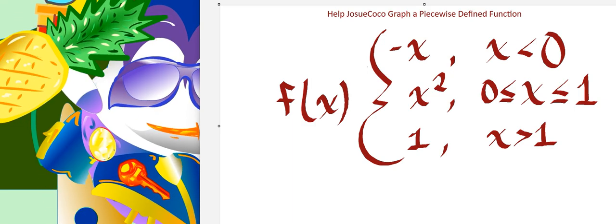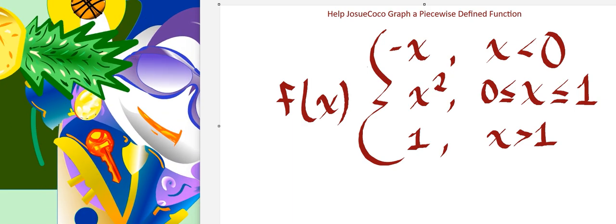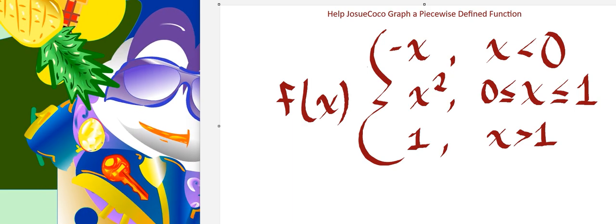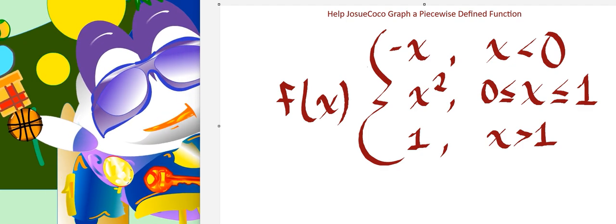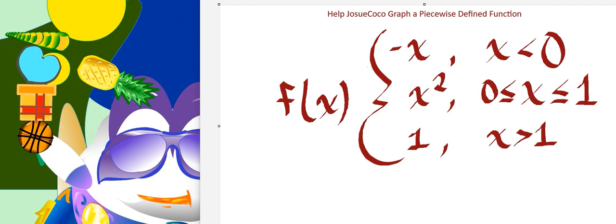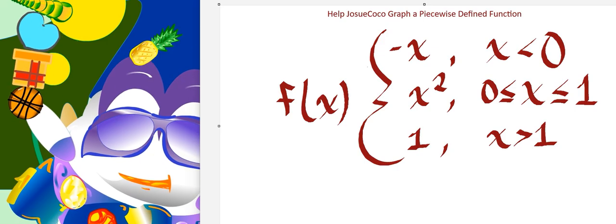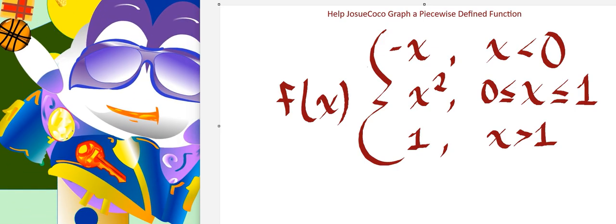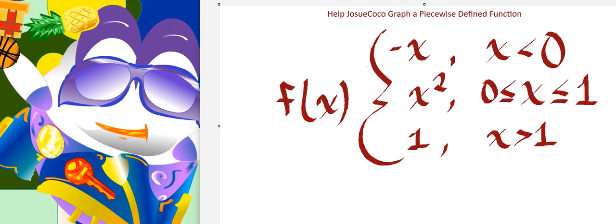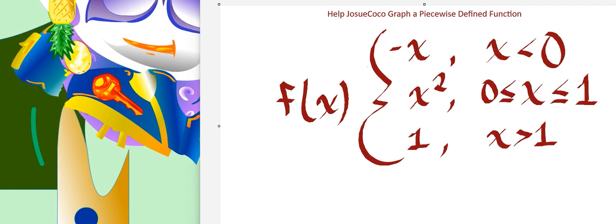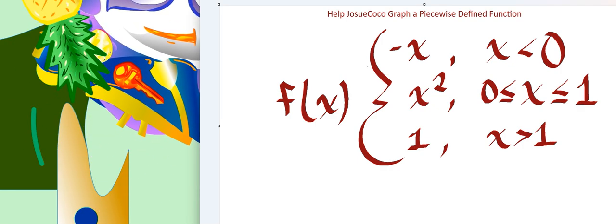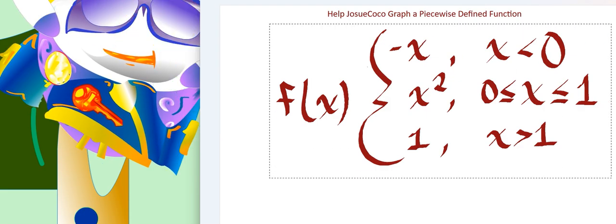Help Josue Coco graph a piecewise defined function. Here we have f of x. The first statement is negative x, and the interval says x is less than 0. For the second